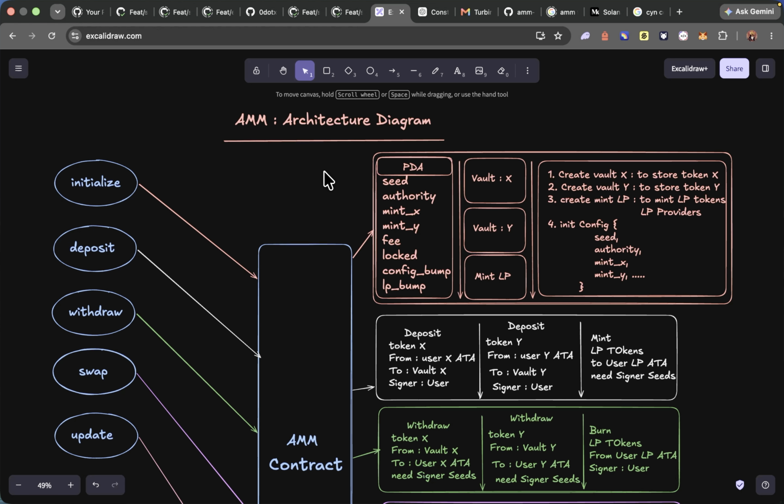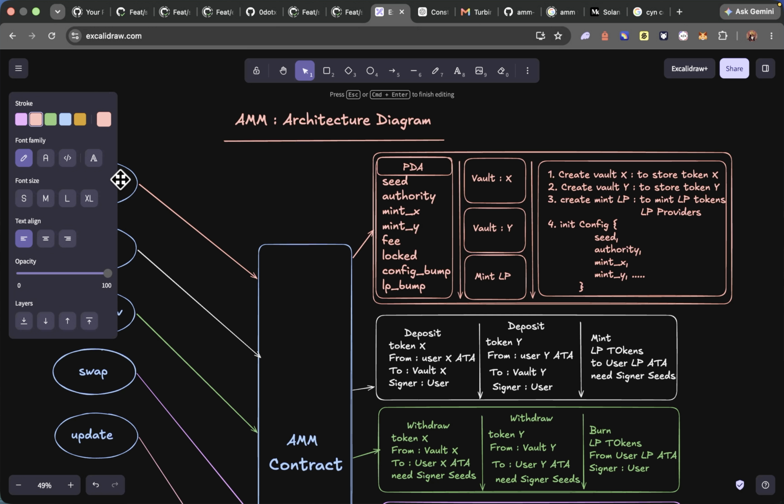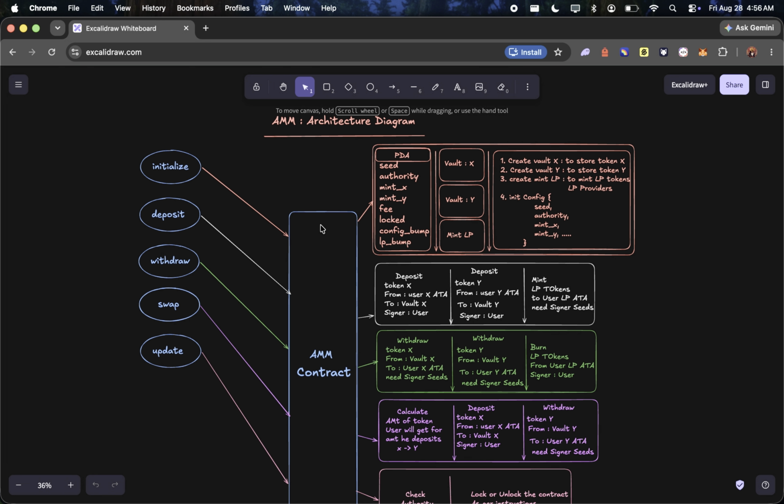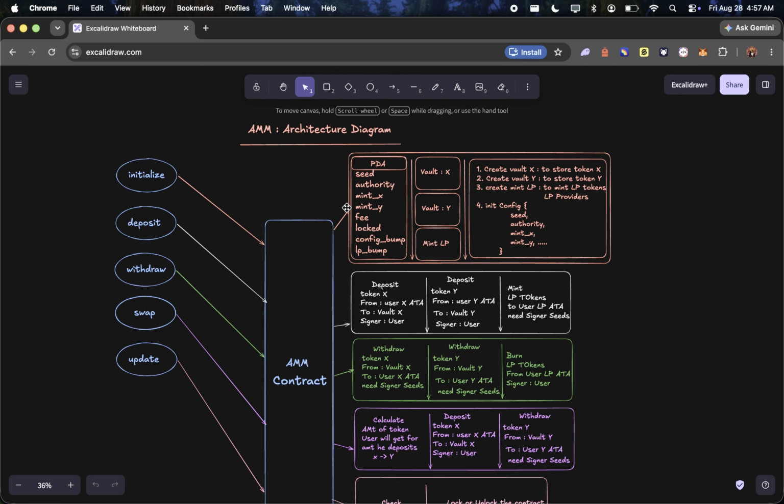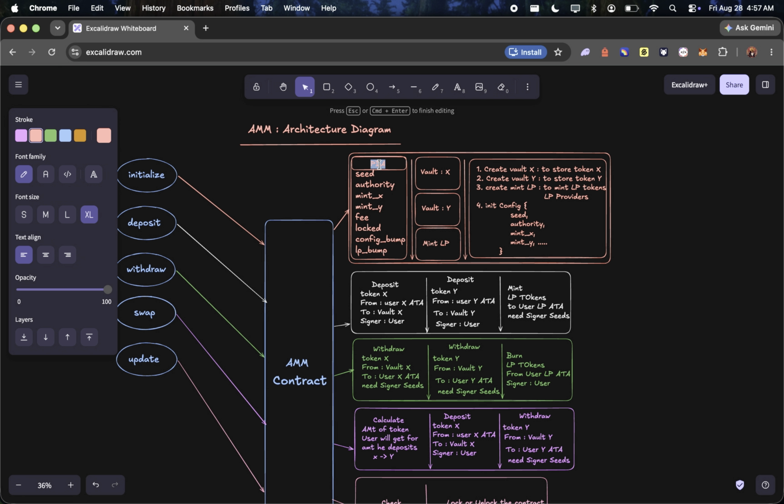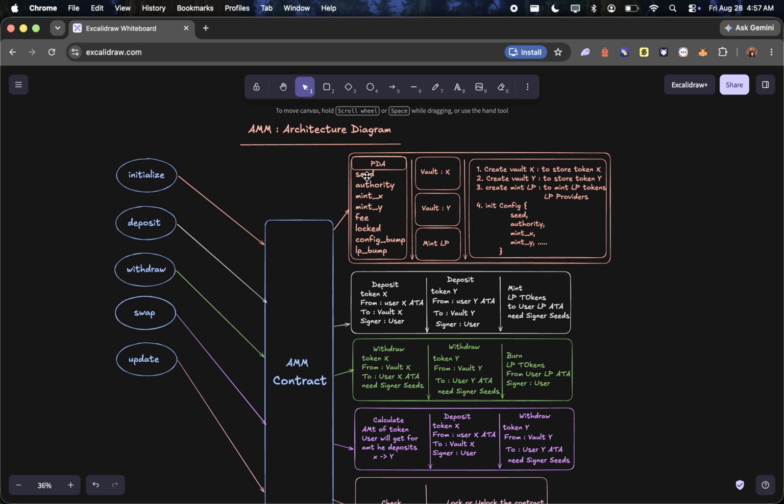So an AMM contract consists of four major instructions. This one is just to update the pool. So we have four major instructions, or let's say five major instructions: initialize, deposit, withdraw, swap, and update. Initialize is where we initialize the config itself, when we create the pool, right? So in the initialize instruction, we create a PDA where we store all the details of our liquidity pool or AMM